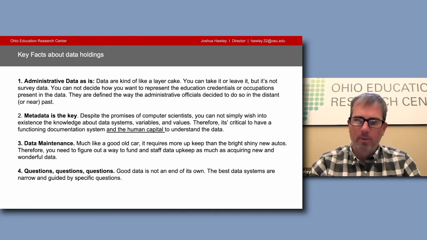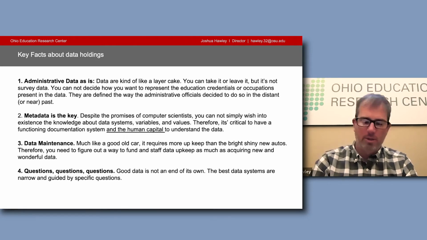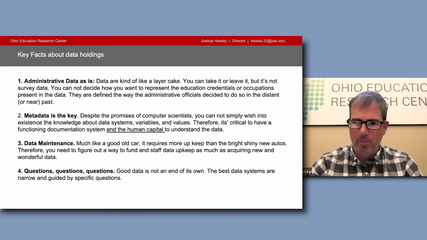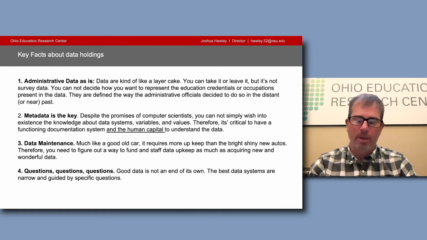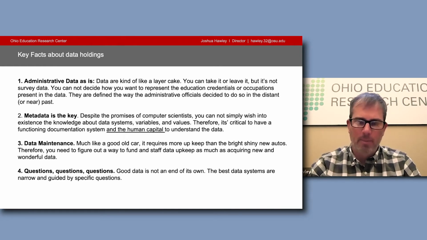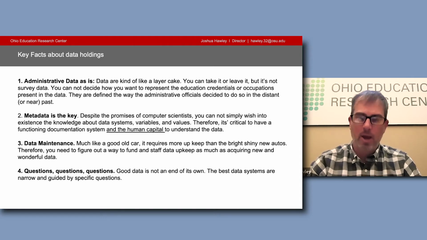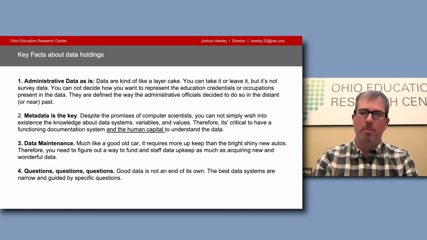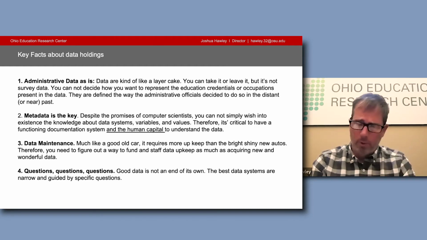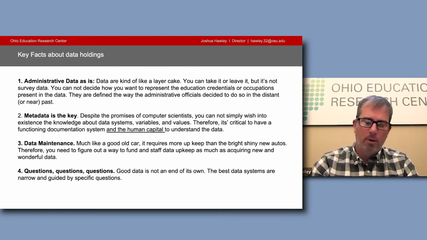I cannot tell you how often I talk to people who are computer scientists and they have this belief that you can wish into existence knowledge about data systems, variables, and values by just dumping it into a kind of spaghetti map. That's not the way knowledge about data systems exists. What's called the data generating process, how the data come to be, the administrative systems, the educational programs, the workforce programs, there's a lot of knowledge that's baked in